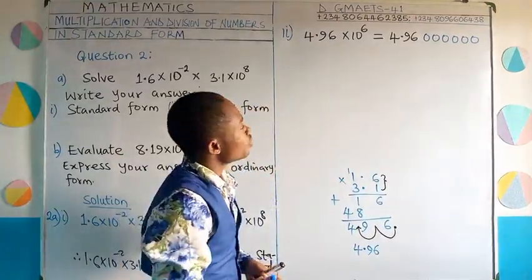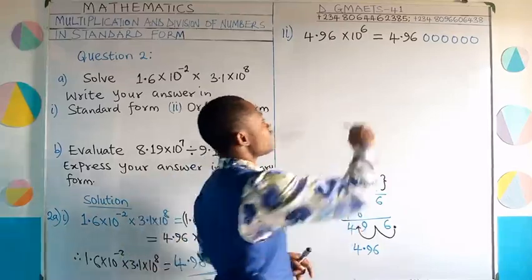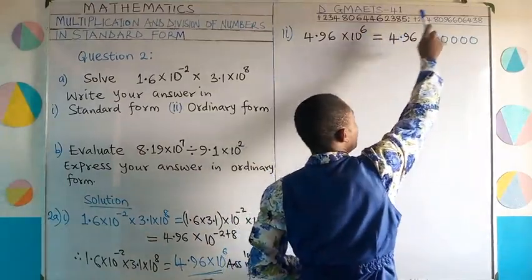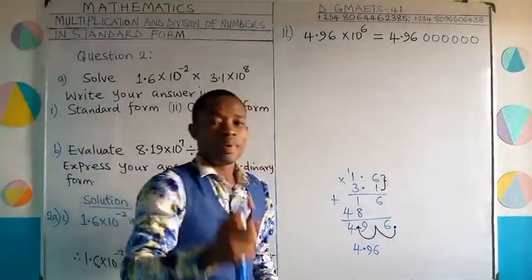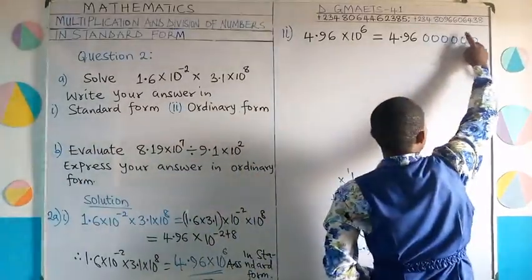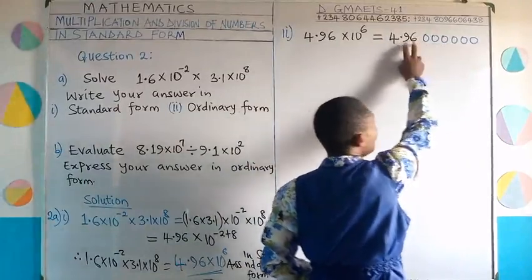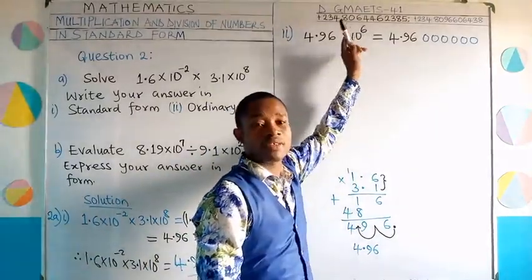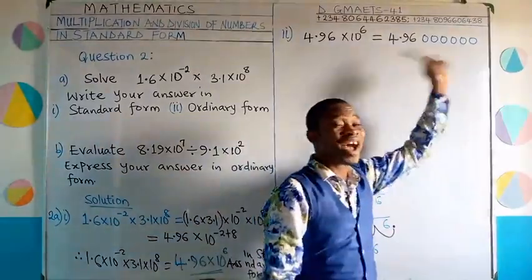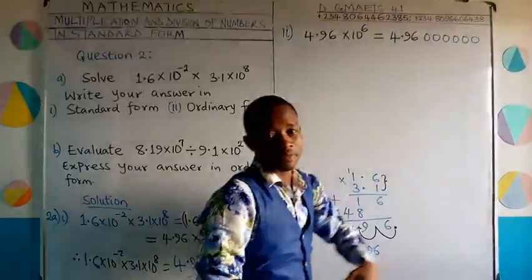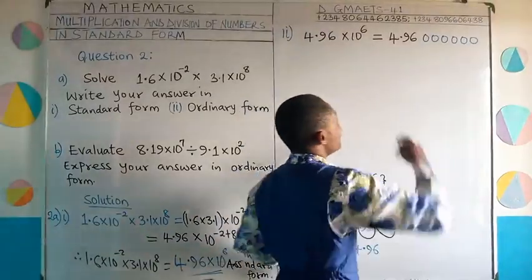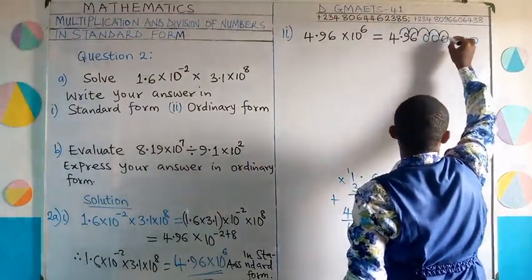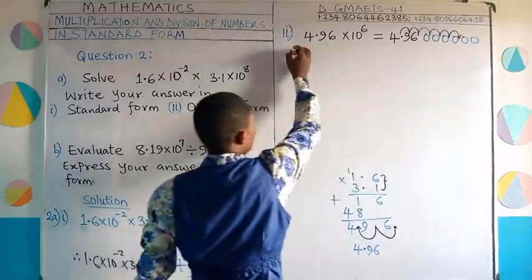Is that okay? Because this is raised to the power 6 and you have the decimal point here, you will move the decimal point 6 times to the right. Please take note, the zeros we attached came after this 4.96. The reason is because this power is positive. Take note, the zeros will be attached after the non-zero digit itself. From here, I'm going to move my point 6 times to the right. So we go 1, 2, 3, 4, 5, and 6. The point comes here, which means that